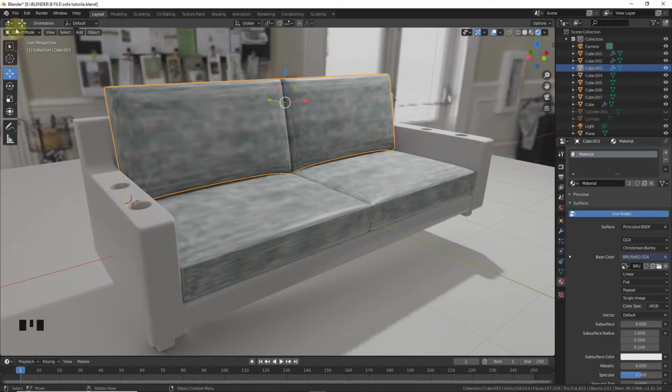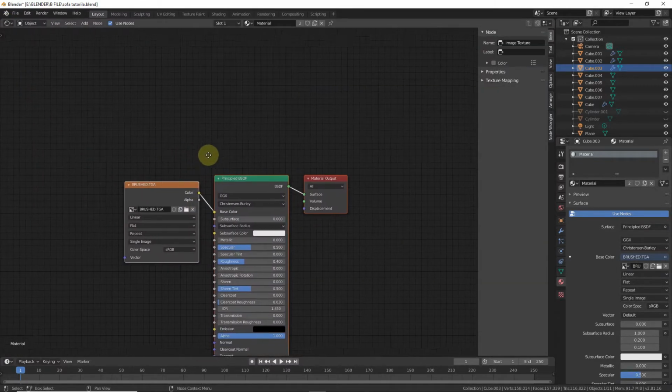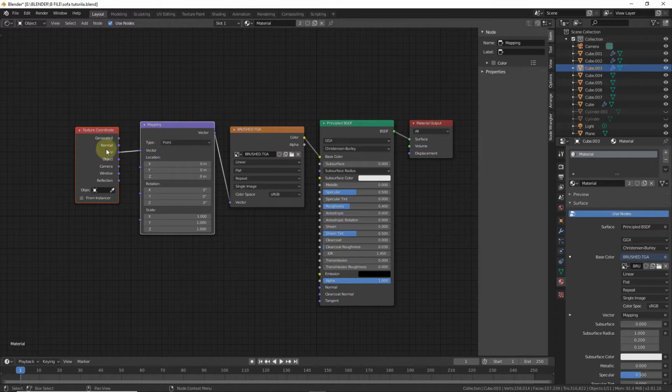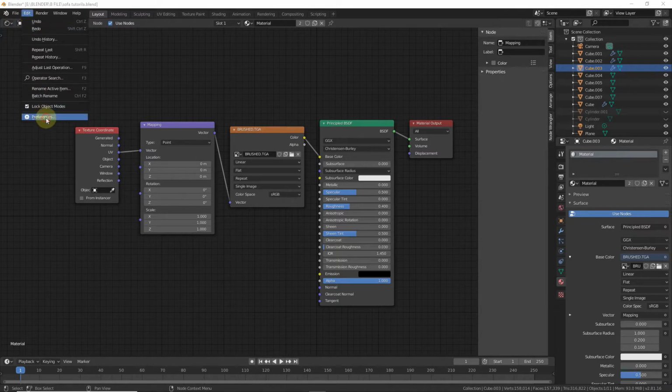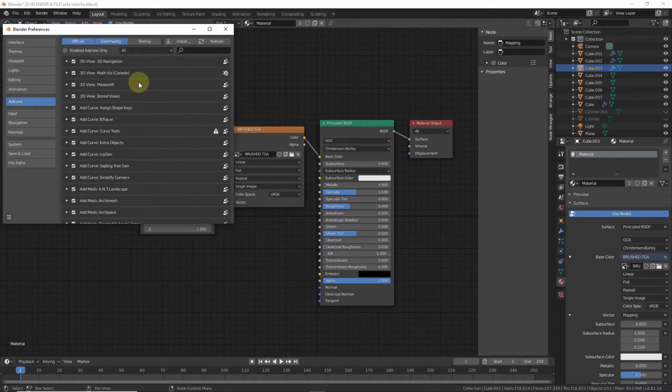Now go to here, the shader editor. Now select the first image and press Ctrl T to make this setup. If Ctrl T does not work, go to edit preferences and where's the add-ons. Here what you need to do is enable